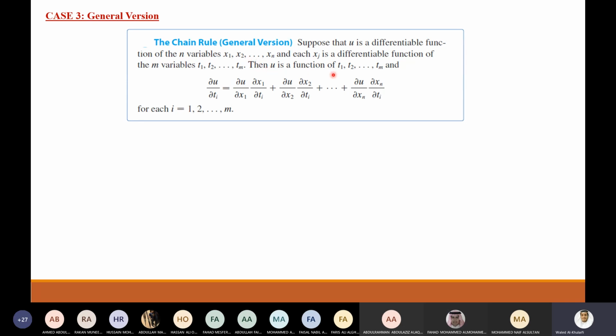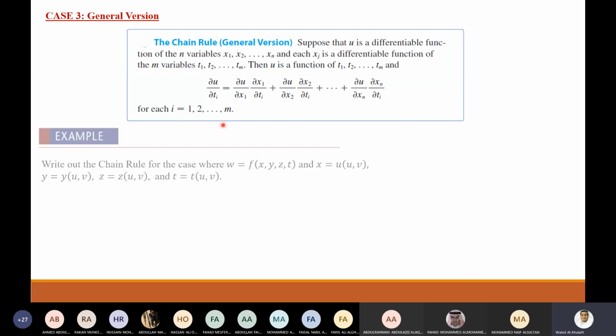Then u is a function of t1 up to tm, and then if you want partial u by partial one of these t's, okay, let's pick ti for example, then it is partial u by partial x times partial x by partial t plus and so on. And so on, you go this way here. So